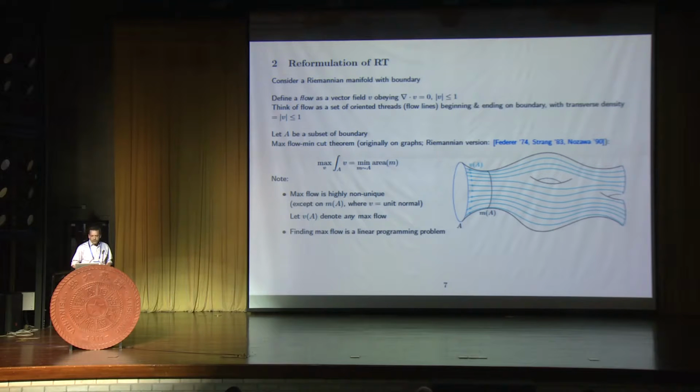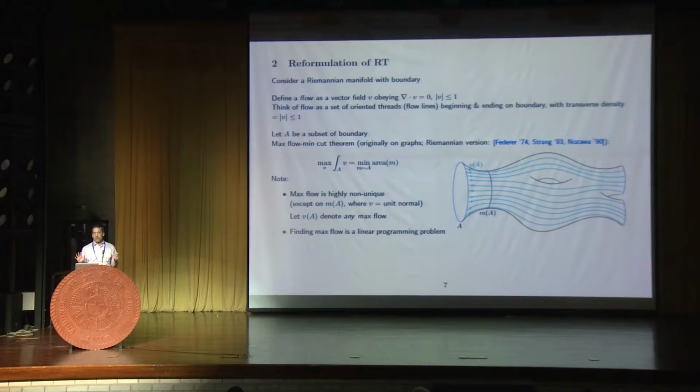Okay, and then you have the following theorem given some subset of the boundary. Actually, this can be phrased more generally, but for our purposes, this is the application I want. Take some subset of the boundary, and in this cartoon, I've taken that to be an entire connected component. But in the next picture, it won't be an entire connected component. It's just easier to visualize that way. And it simply says that if you want to have as much flux as possible coming out of that boundary into your manifold, into the bulk, subject to the constraints above on the flow, that maximum flux will be equal to the area of the minimal surface in the same homology class as A.